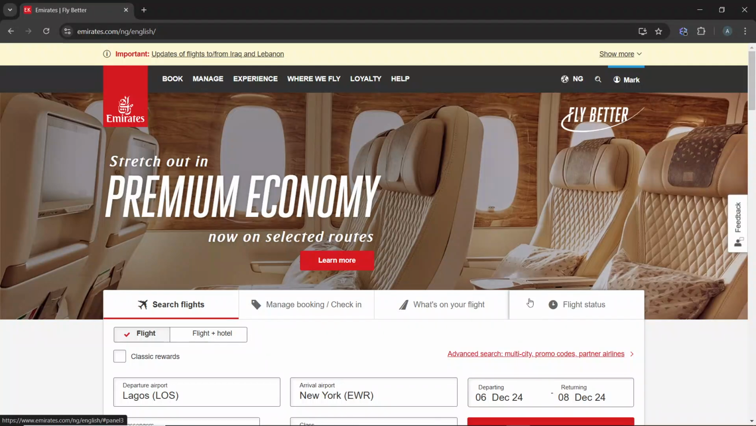Hello! In this tutorial, I'll show you how to spend Emirates Miles. These are the steps that you need to follow to spend your Emirates Skywards Miles. The first thing you need to do is to open your web browser and go to the Emirates website at